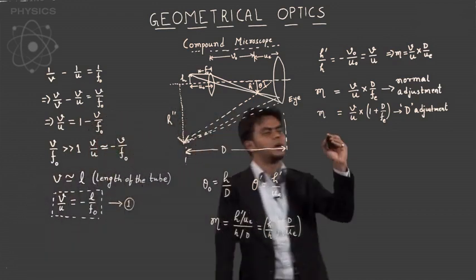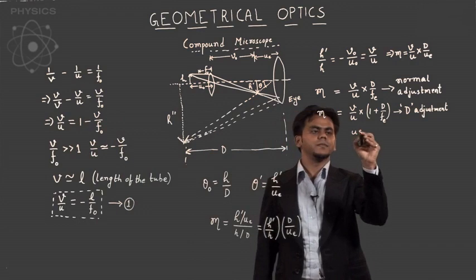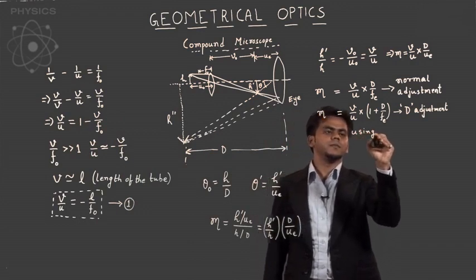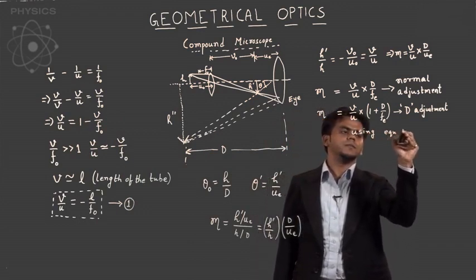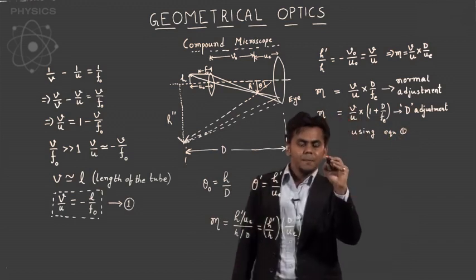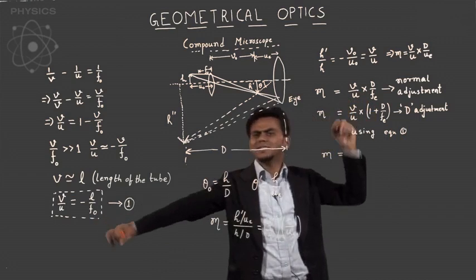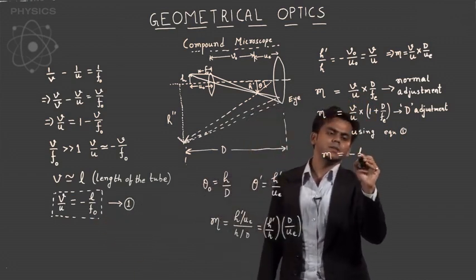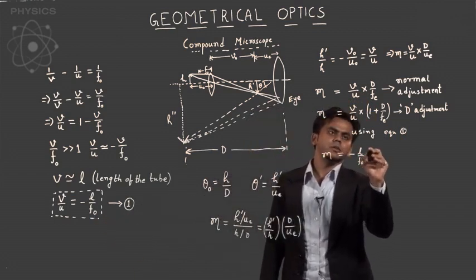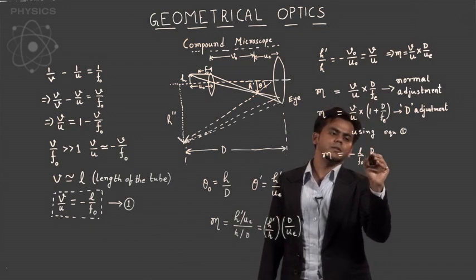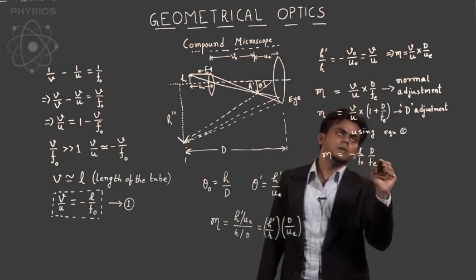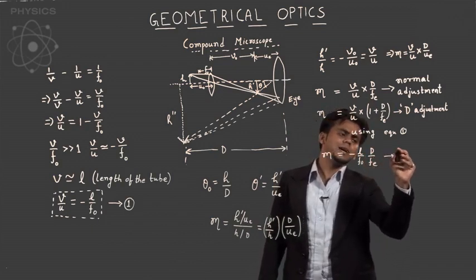Using equation number 1, M turns out to be V by U, minus L by F naught, times D by Fe. This is for, I'll just say, normal